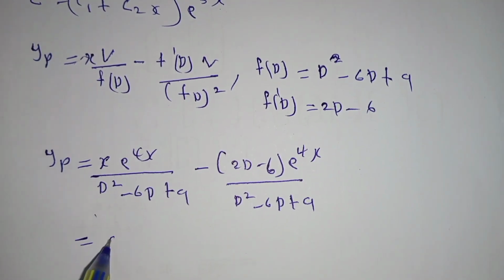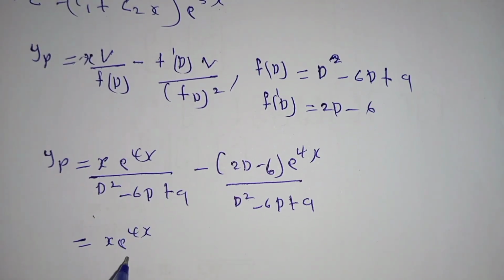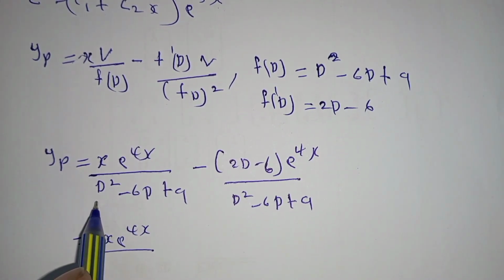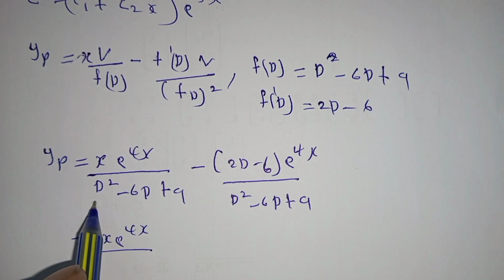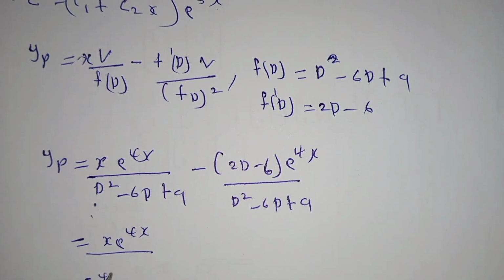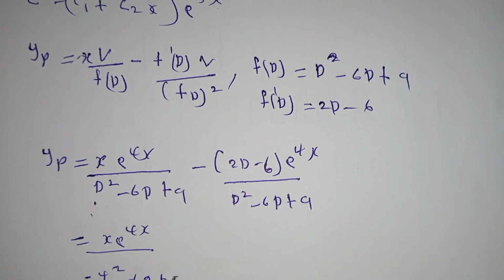This is equal to x exponential 4x divided by, where you have d, you substitute it with 4, then you square minus 6d plus 9